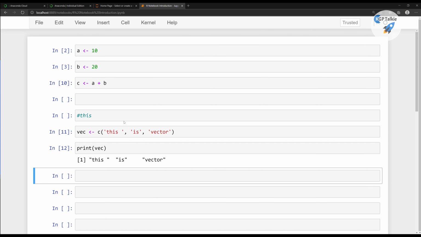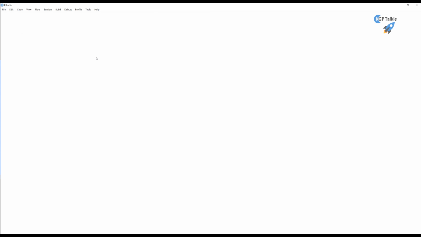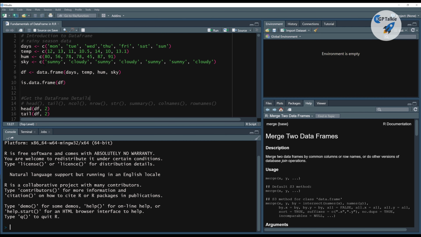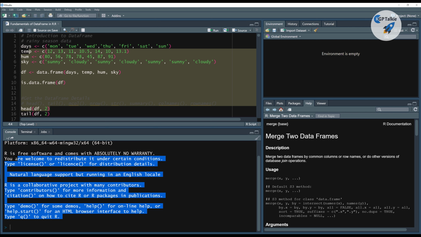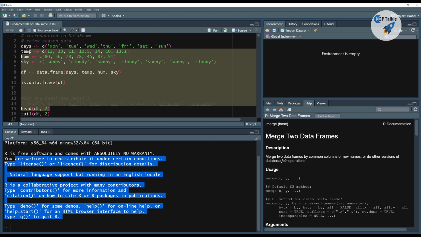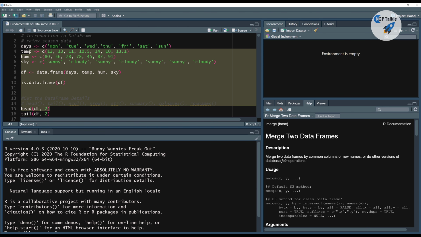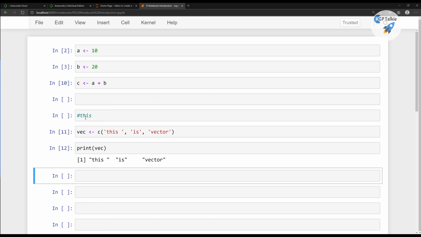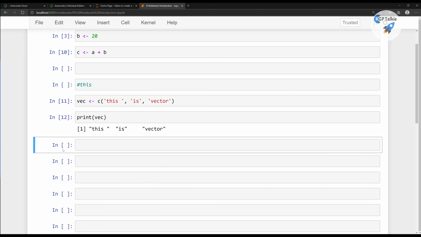This Jupyter Notebook is really awesome. There is a lot of difference between Jupyter Notebooks and RStudio. In RStudio, you don't get options like these. In RStudio, you have a script and a console window, and you lose all these output prints when you move forward, because they are lost somewhere. But if you use a Jupyter Notebook, these outputs are there, and apart from that, you can also use